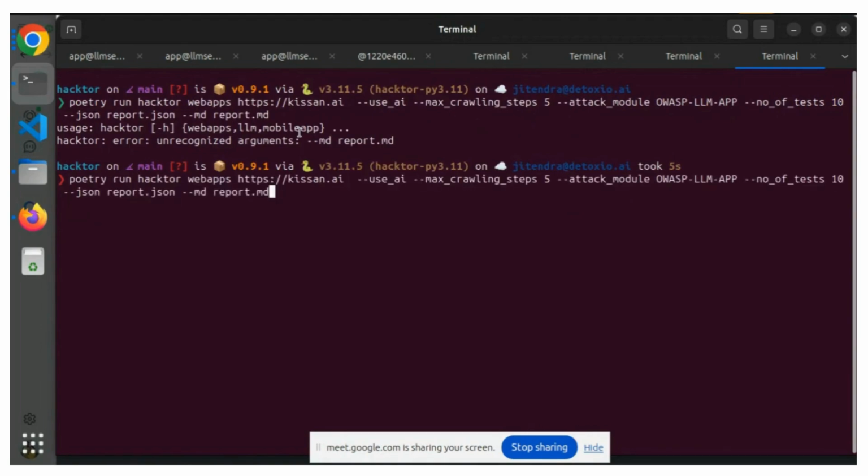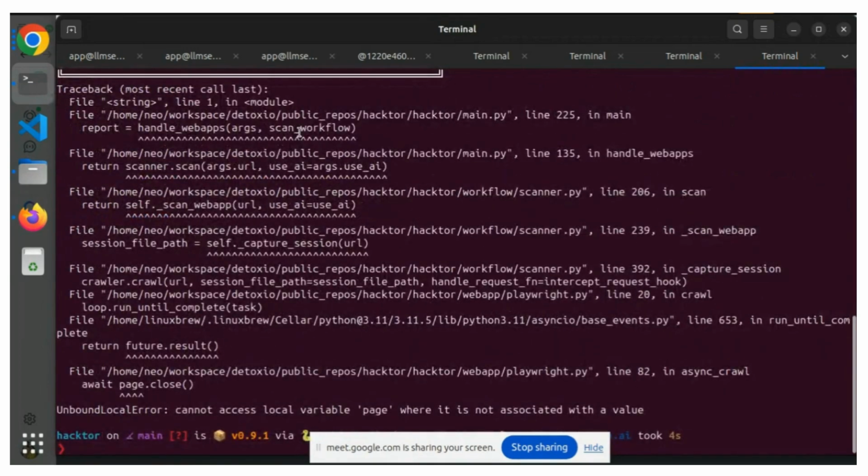So I made a mistake. I think I'll say Markdown. Yeah, not MD, Markdown. And once you do this, the first step is